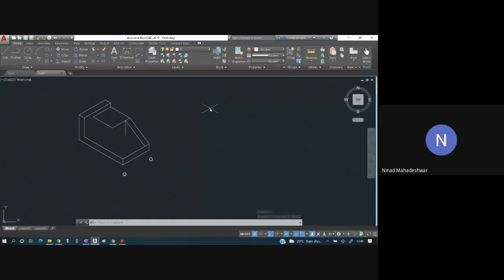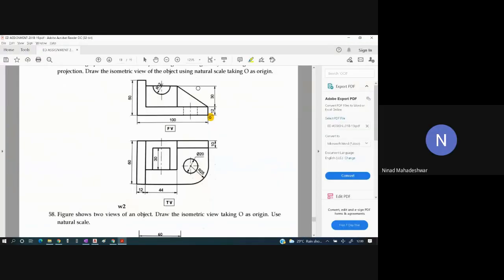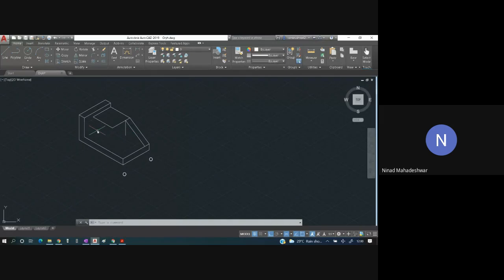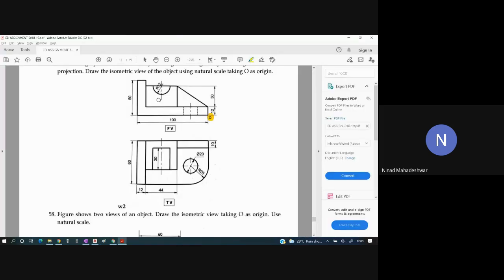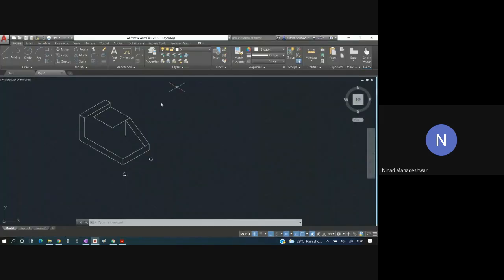Yes, sir. Now looking at the height of that part, we have taken this inside. Looking at the height of this entire part, the height is 30. So this height over here is also 30. So we are going to copy it from this part to this part. Similarly, we are going to copy it over here also. Getting this, students? Yes, sir.